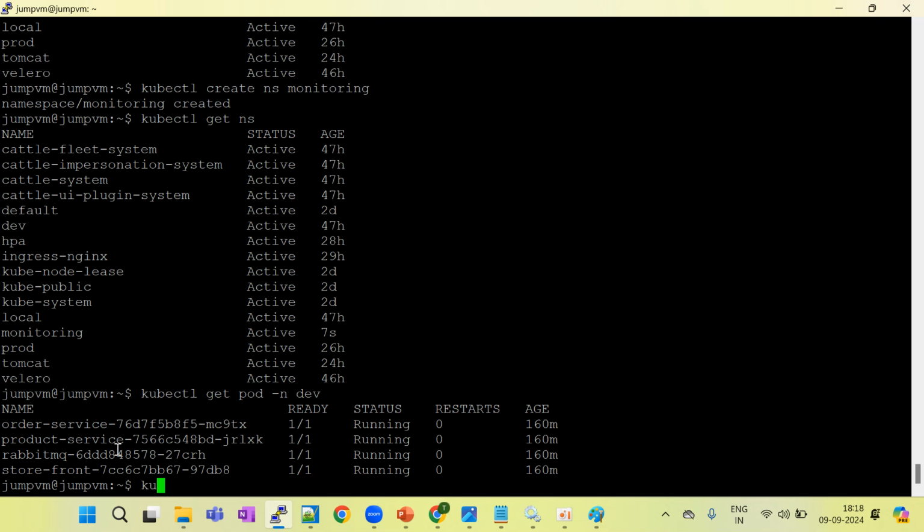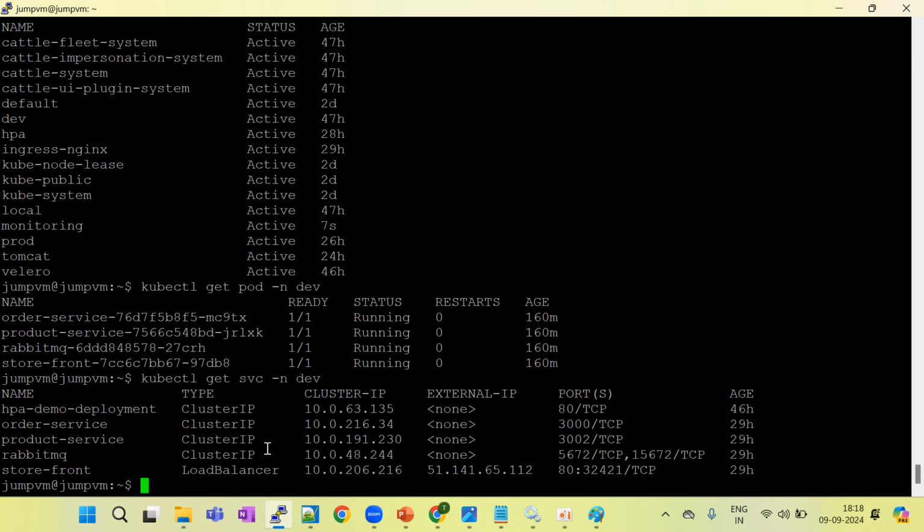access this application. What I told you is that we have to access the application via a service. We have already created the service in this namespace. You can see here I have created one load balancer service. This thing we will also cover in the coming session: what is a service, how do we create a load balancer. I'm just explaining the namespace. In a single namespace you have to deploy each and every component related to